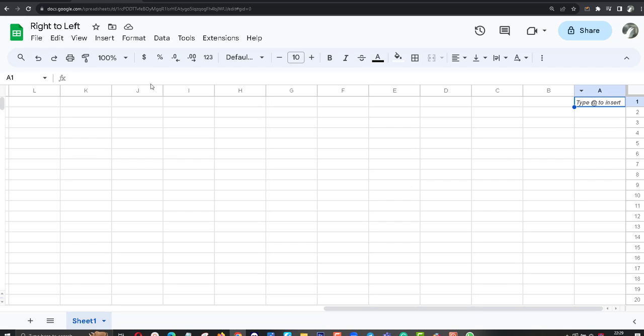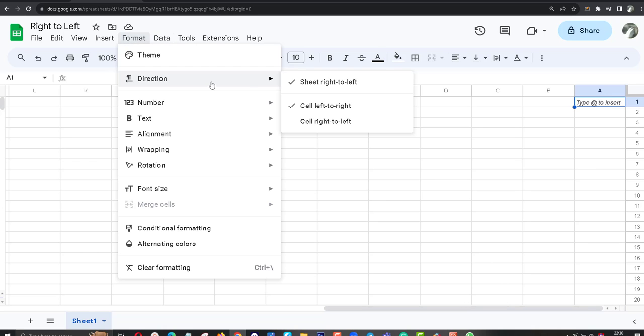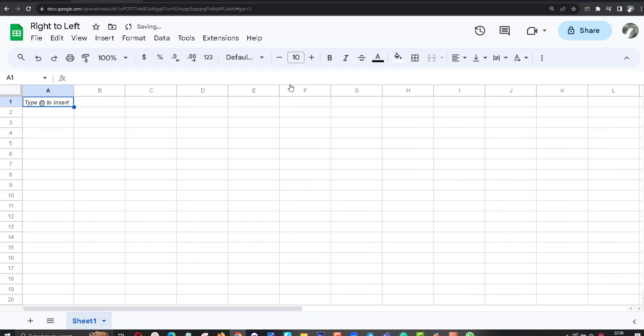right to left. If you want to show left to right again, you can click on format, directions, and untick this. Okay friends, you can easily use this method to show Google Sheets columns